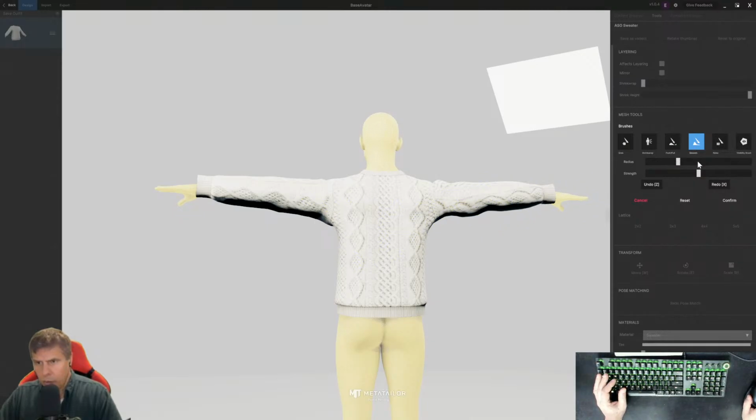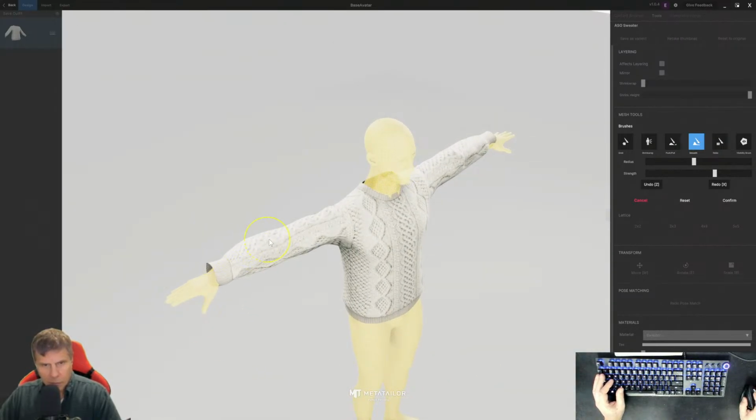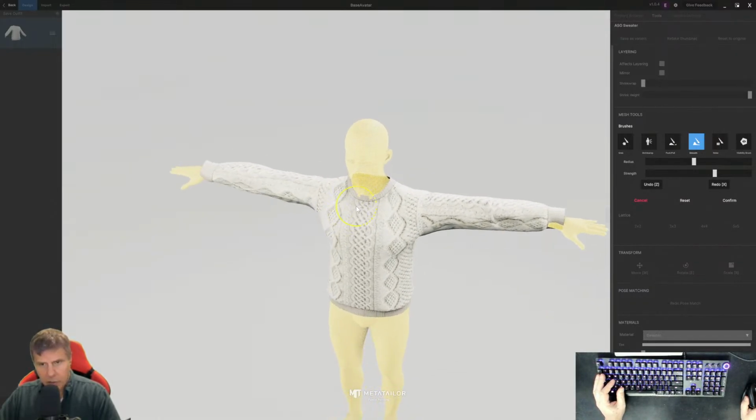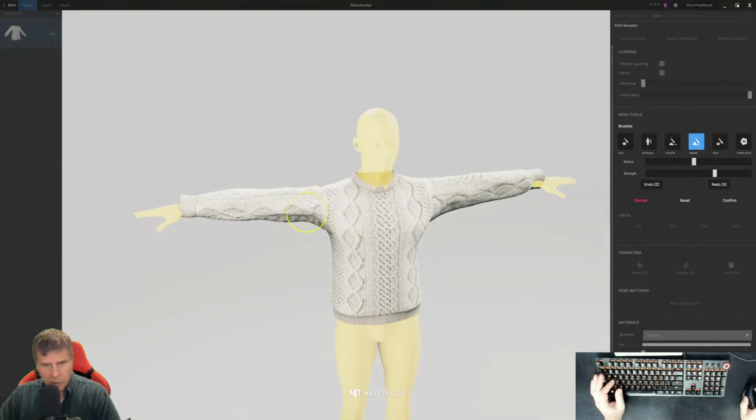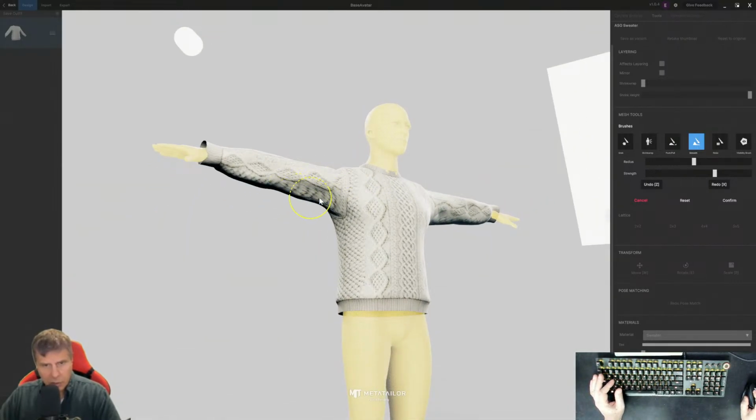Okay, now we're going to smooth. We're going to take the strength down a little bit on the smooth. It's hardly doing anything. Now we got it poking through again, but okay, that's all good, I think. I don't like the way this looks again in here, but